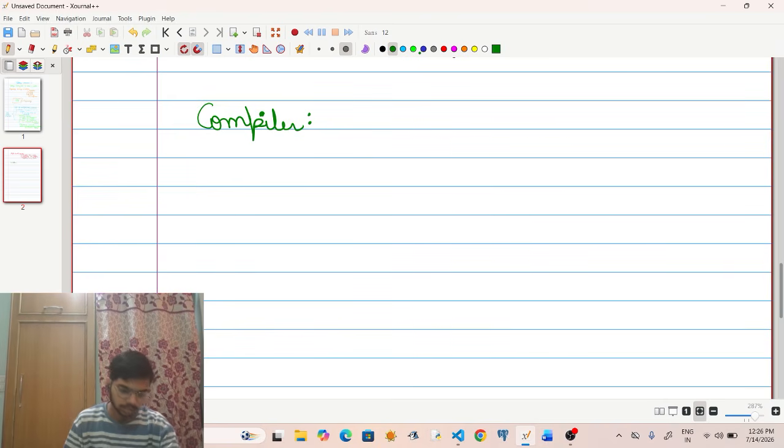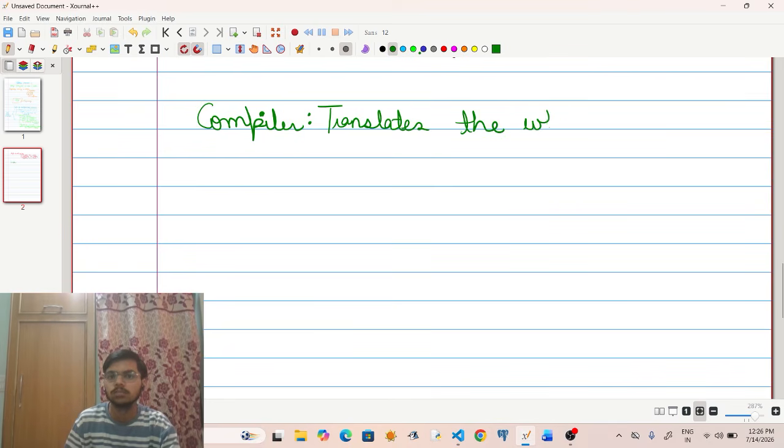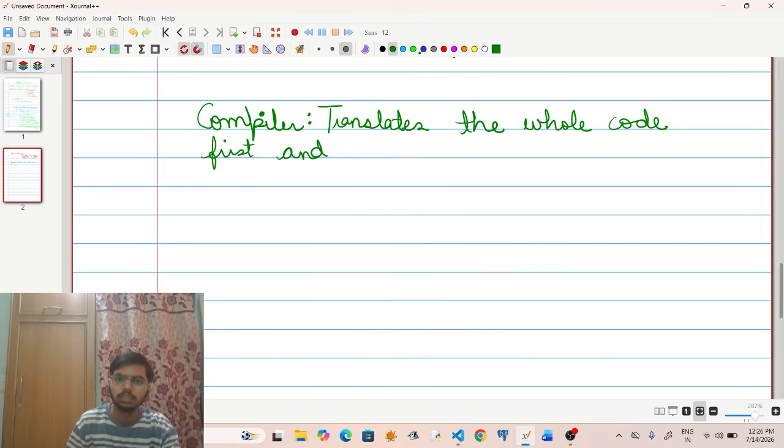Compiler. What it does is it translates the whole code first and then executes the code.